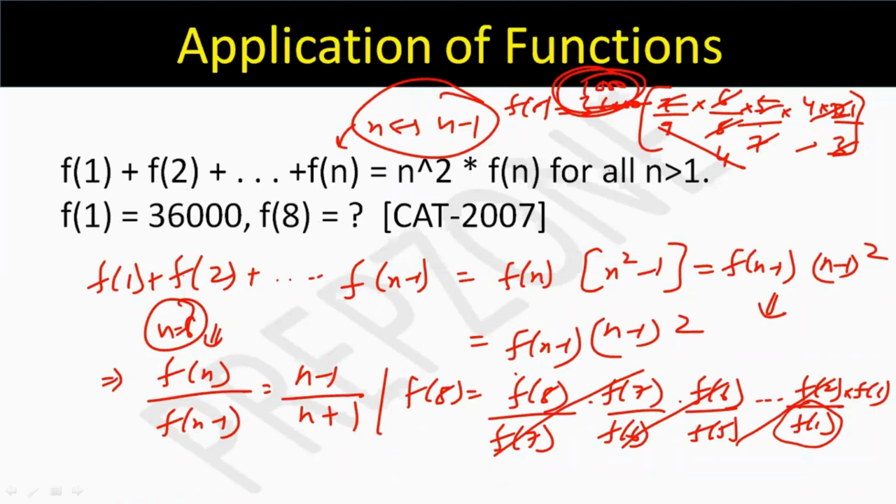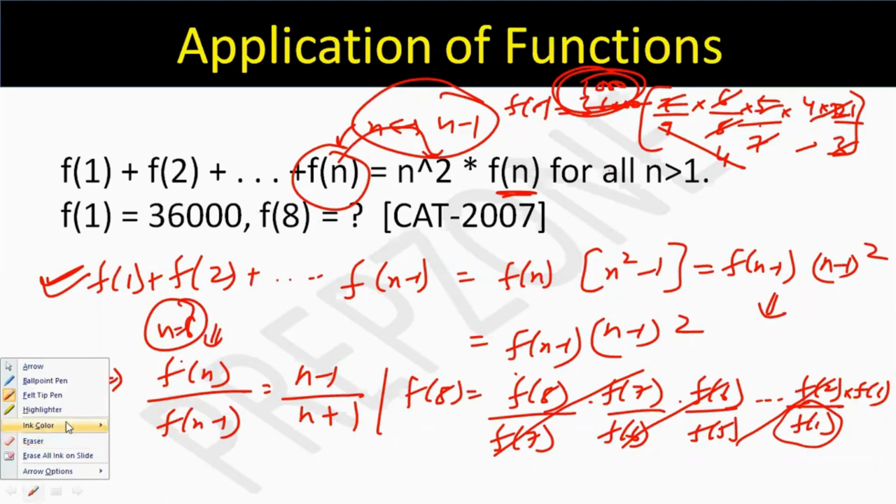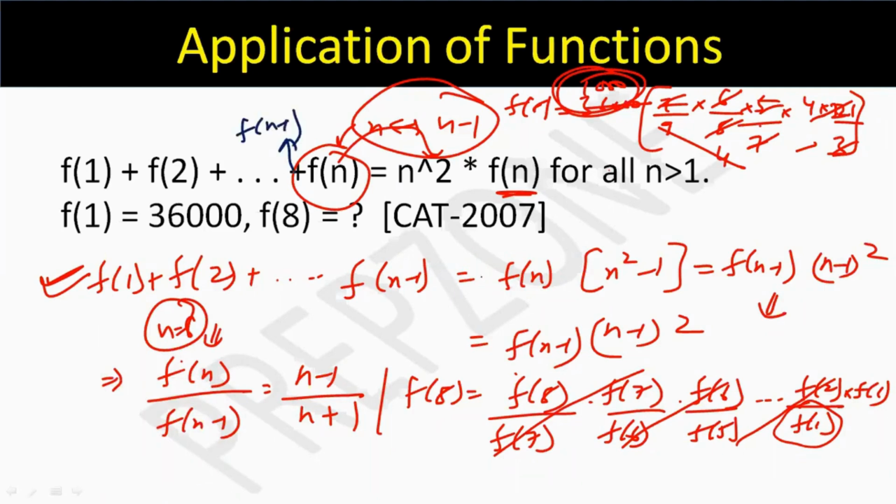हाँ, ये सर, स्टेप क्लियर था कि ये step number 1 clear है? नो सर, ये भी क्लियर नहीं। यार मैं सिर्फ fn को right hand side में ले गया हूँ। यहाँ पे fn था, तो fn की term को मैं right hand side में ले गया हूँ। Now try to observe. इसके पहले होगा f of n minus 1, ठीक है। Exactly same कि fn into n square minus fn. Minus fn कहाँ से आया? ये वाला fn को मैं ले गया।